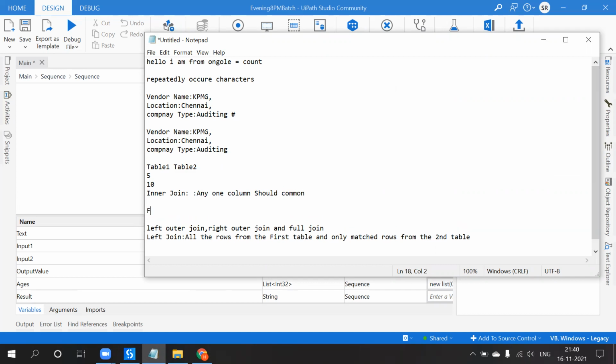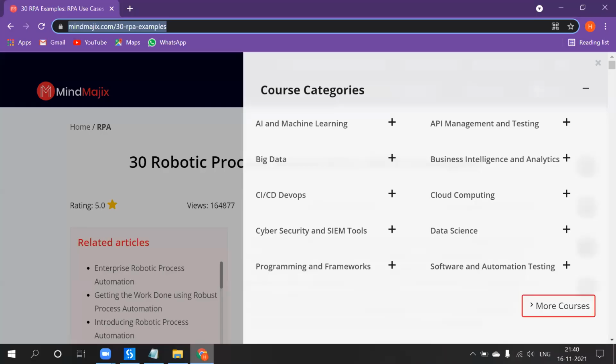There is no condition applied in full join. In the first table we have 5 rows and in the second table we have 10 rows, so a total of 15 rows will be stored into the table. That is full join. Left outer join and inner join use the condition. For full join there is no condition. Understand?